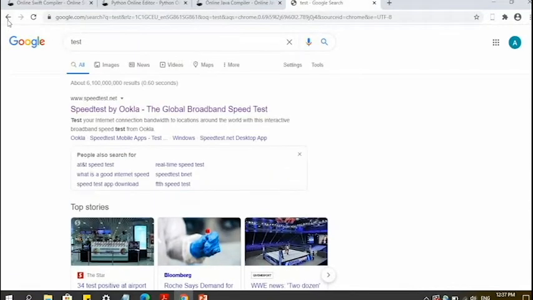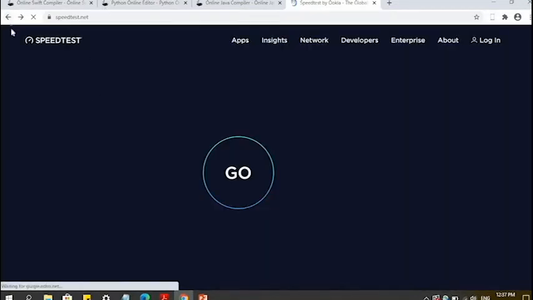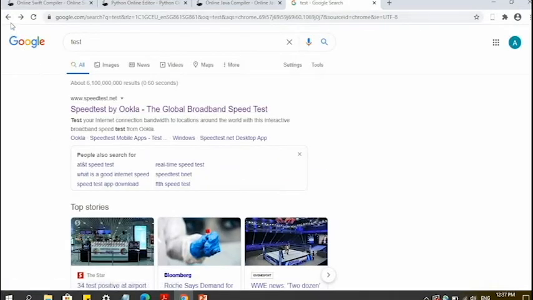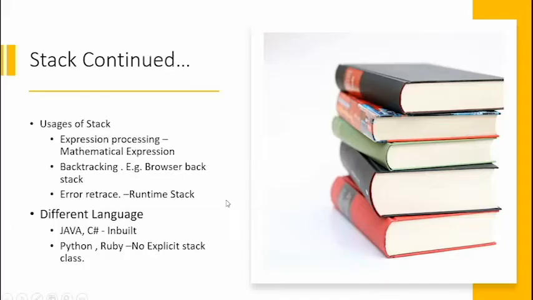Now this back button is stacking all the searches which I have already done. When I push back, it brings me back to the previous item, and again back to the one before. So backtracking is stored in the form of a stack. If you have a requirement where you need to backtrack on a particular item list, then you can use a stack.